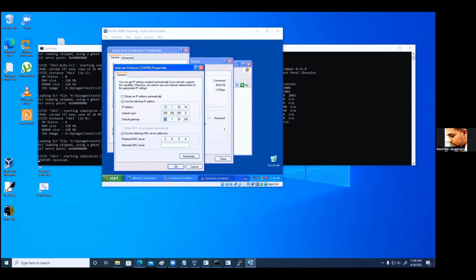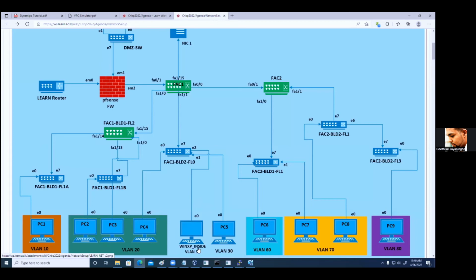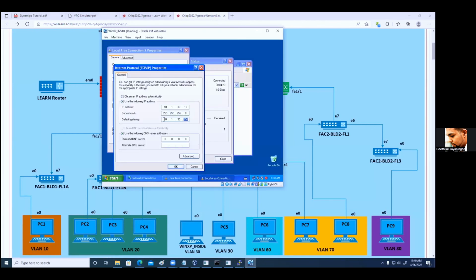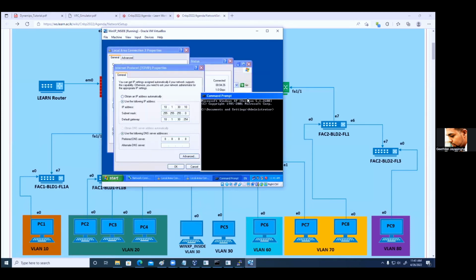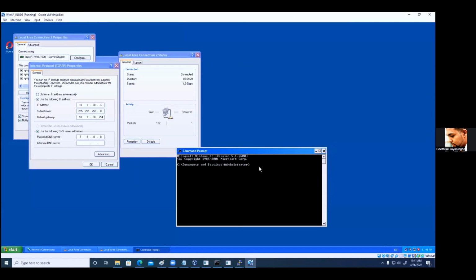If I show you the diagram again, this is the Windows XP machine, and it is connecting to FAC1. FAC1 has an SVI, or virtual VLAN interface, that has been given as the default gateway. If your IP addresses and routing are correctly working,